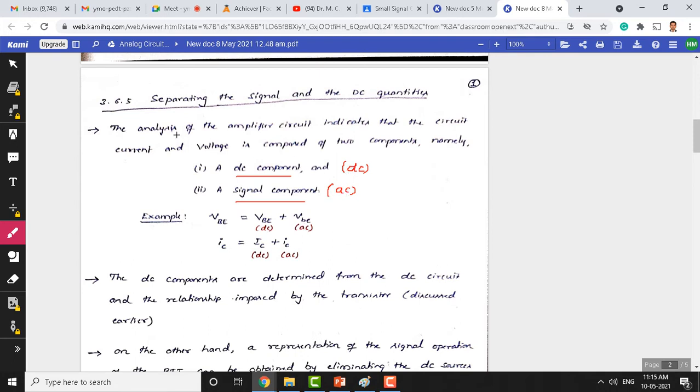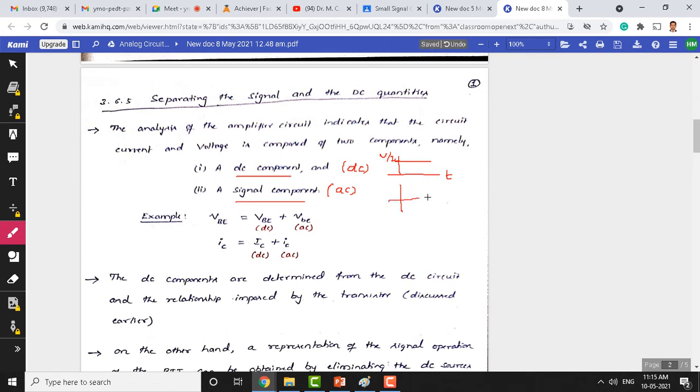Likewise, even here, when we analyze a circuit like an amplifier, it includes both current and voltage. This is composed of both DC component and the AC component. We should have clarity between the DC and AC component here. DC means it is a signal which is constant over time. Typically, we have a DC signal like this, either voltage or current, which is constant over time. That is a DC signal.